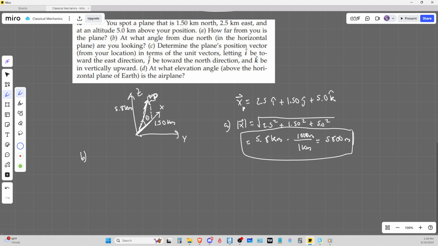I know it's not exactly here. It should be right here, I think. It should be like that, actually. And this line should be